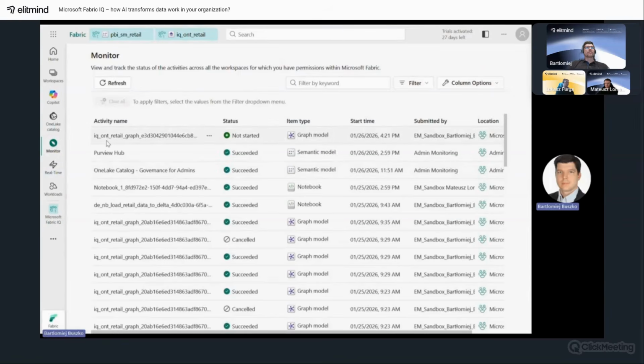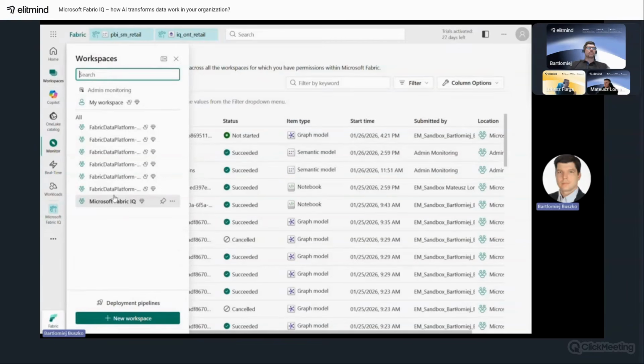Here we can see that this activity has been scheduled to start, and it is the graph model refresh. And on each change in the ontology, the graph model refresh is scheduled, so it always keeps up to date with the ontology.